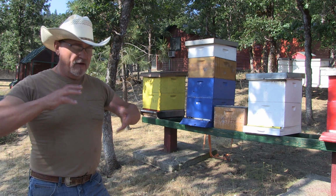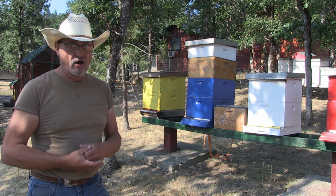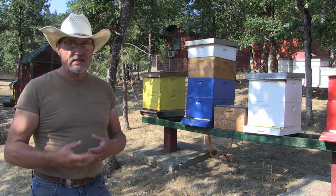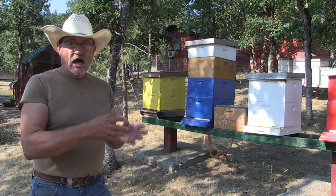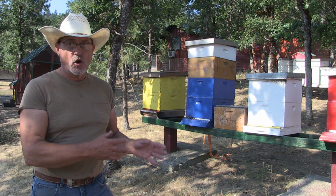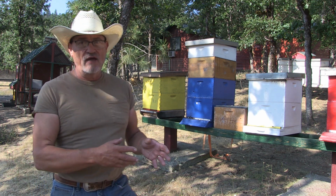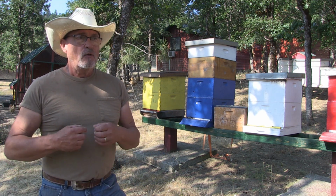I am feeding the bees today, and I have been feeding them for about a week now. It is midsummer, and the reason why I like to feed them midsummer is when I've collected honey from the bees, I want to give them enough stores for the winter. Or if it's a weak hive, a small hive, or a new hive, I want to be sure to feed them enough so that what it does,